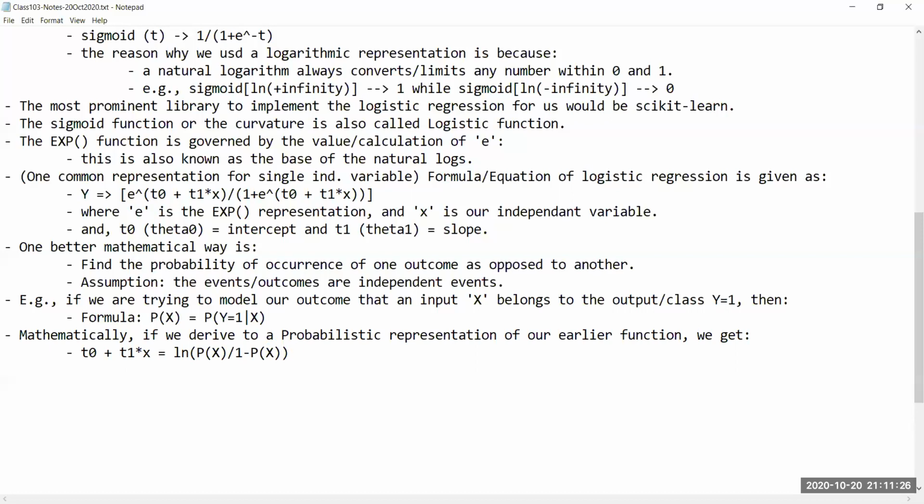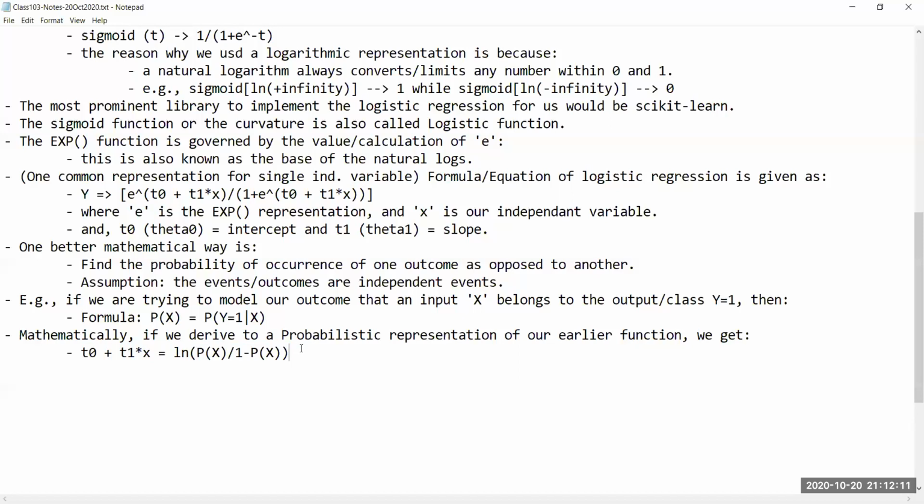So now I hope you have got the concept. What we are trying to do is that we are representing the exponential function, or the exp function represented by this e value, which is taking a power of my regression equation, where I consider the regression to be a simple linear regression or a single value regression. And from there, what I'm trying to derive is that if I formulate this in the form of a natural logarithm, right, then my denominator is going to cancel itself out. And hence I can say that my equation can now be represented as a logarithmic expression,